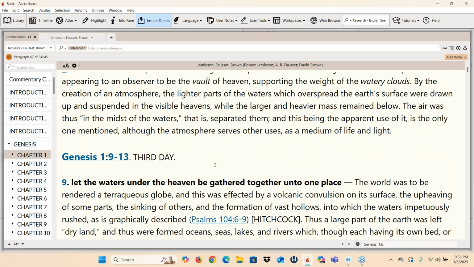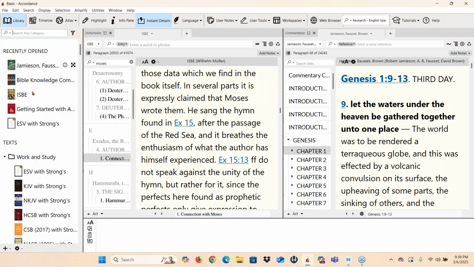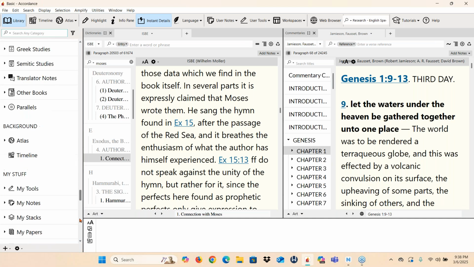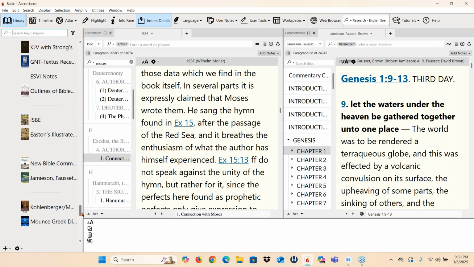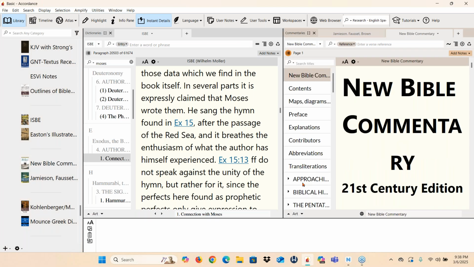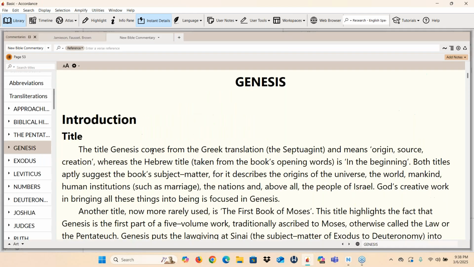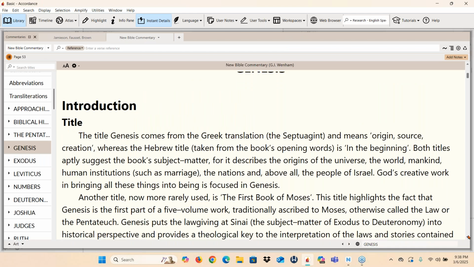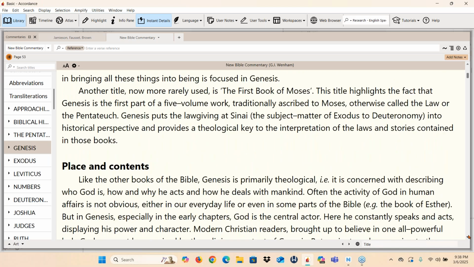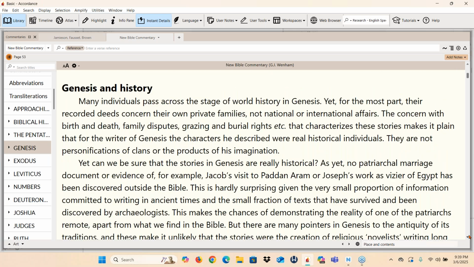So this is giving me background information. It's good. It's giving me a straight commentary, but I'm going to open up the other one that comes in that package just to show you the difference. It's more modern, and it is the New Bible Commentary. And now if I go to Genesis, it's going to give me an introduction to Genesis, which more modern translations do. It tells me about the title, the place and the contents of the book, Genesis in history,